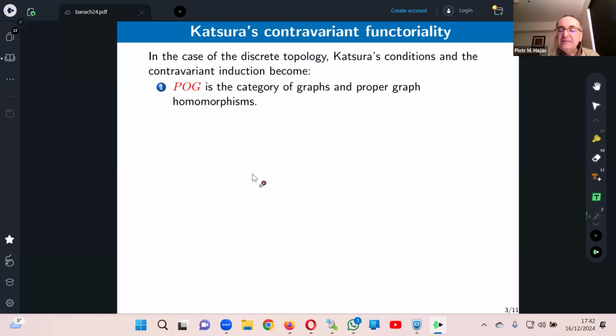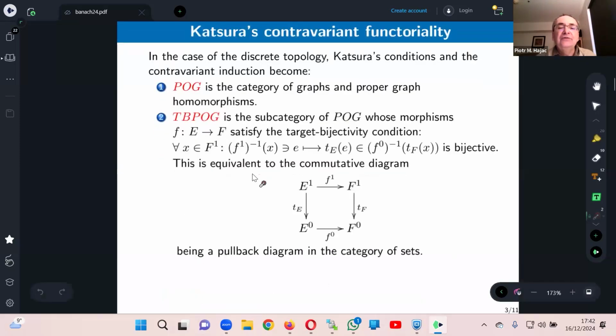And let me not discuss all of these conditions. I just want to draw your attention to the most important one. There are three of them. This is the target bijectivity condition. You see,